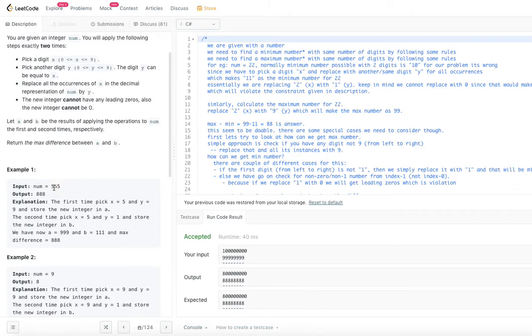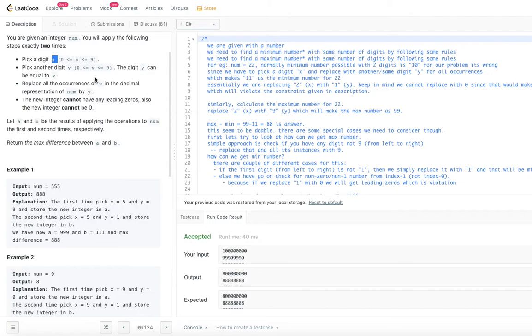Fortunately these are all 5s, 555, so there is only one digit available, 5. You have to pick 5; you can't pick any other. So x is equal to 5. Now pick another digit y, 0 to 9. You have all 10 choices available.